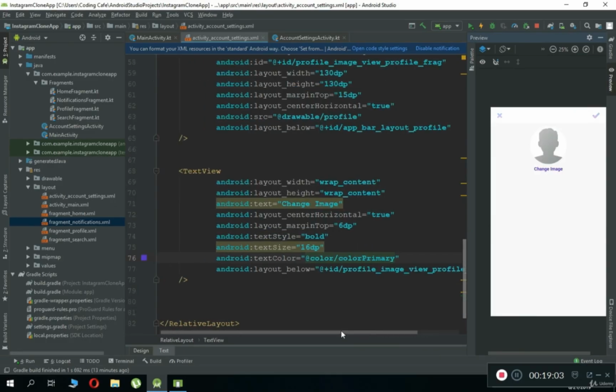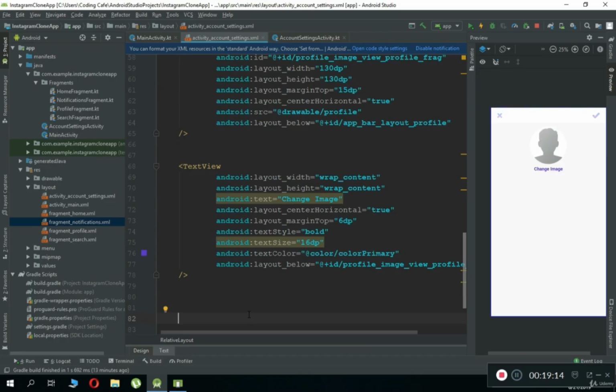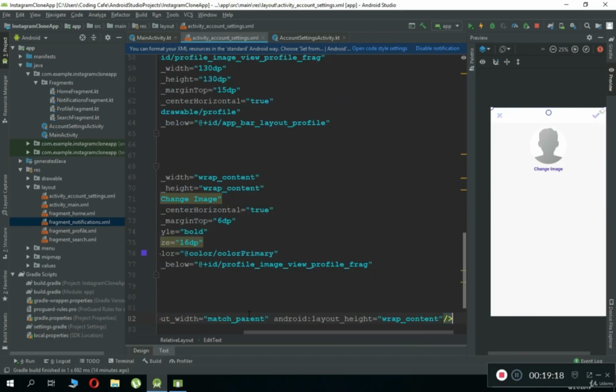Now we need to quickly add 3 edit texts for full name, username, and bio, and a logout button and delete account, or you can say deactivate account. So now here we can just quickly add match parent, wrap content,